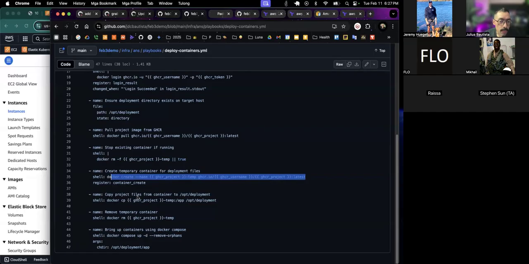And we then copy the project files from that container to our actual server. So this temporary container is basically the step that unpacks the contents of the image. Once we've copied over those files onto the server, we can remove the container, and then we finally run